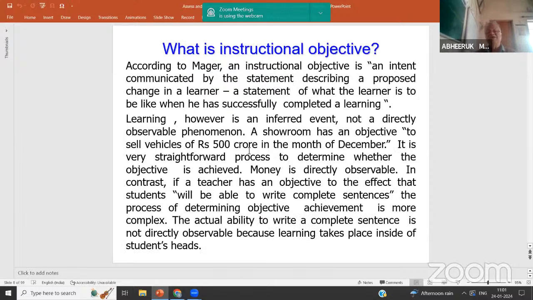So instructional objectives are normally more difficult, because here is one example I am giving. Suppose there is a showroom, and it has an objective to sell vehicles worth rupees 500 crores in the month of December. So it is a very straightforward process to determine whether the objective is achieved or not. Very easy, because whether sold or not, money has come or not, you can directly tell that. So money is directly observable. And in contrast,